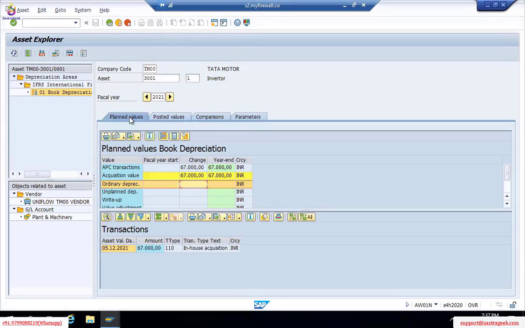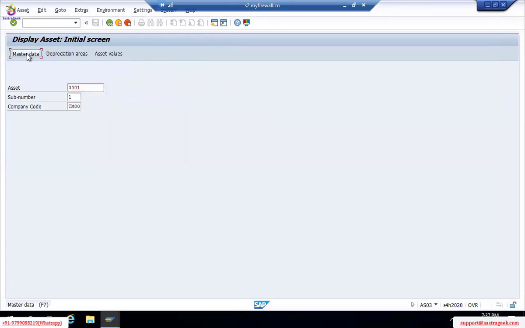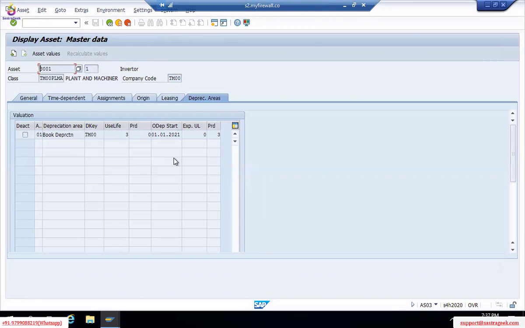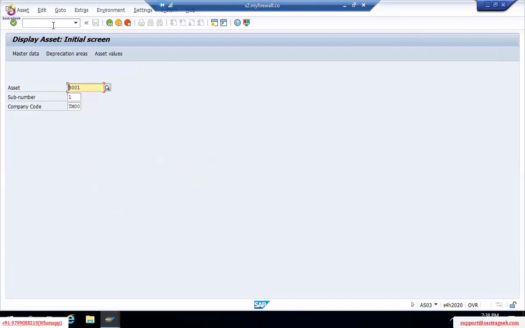Actually, depreciation should get calculated as per our asset master, right? AS03, I'm looking at the asset master, AS03 to display the asset master data. Here, I can't say the entire configuration went wrong, but still, see depreciation area, no percentage is populating. No percentage, depreciation key. Based on this depreciation key, how we created our depreciation, the percentage should also populate, right? So something went wrong. Let us check where in our session we missed a step, okay?